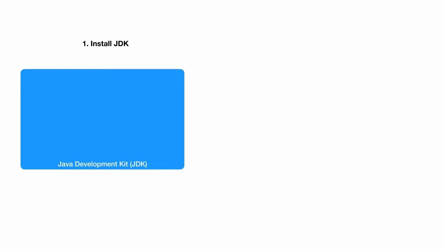Now let's see what we actually need to install on our computer in order to be able to develop Java applications. There are two main things that we need to install. The first one is called the JDK, which stands for Java Development Kit. This is basically a kit of components that allow us to develop Java applications. It contains a number of things, for example, a debugger or some profiling tools, and the most important component is